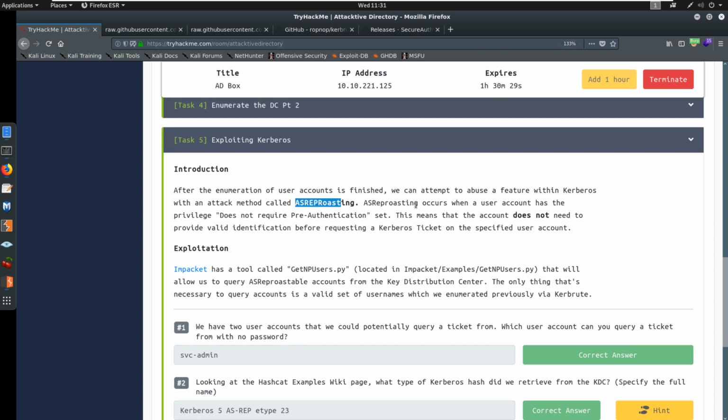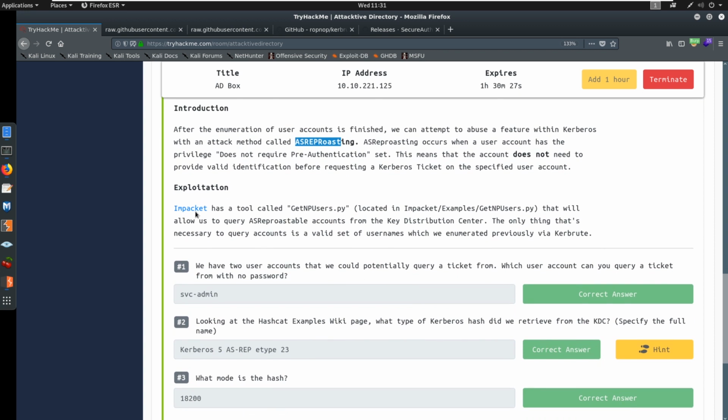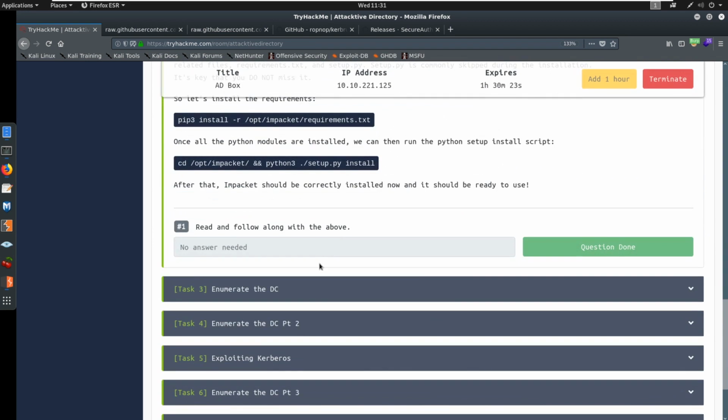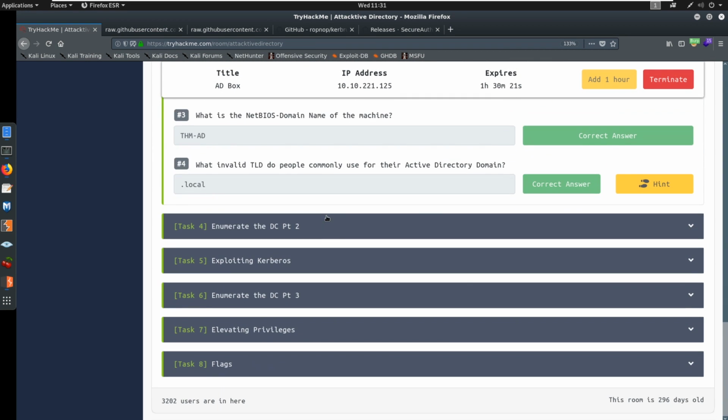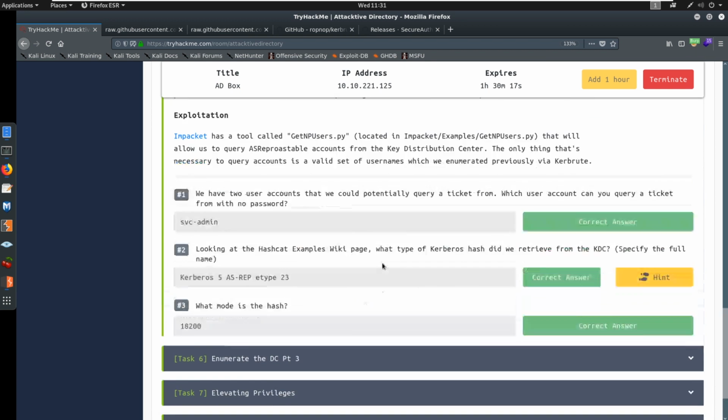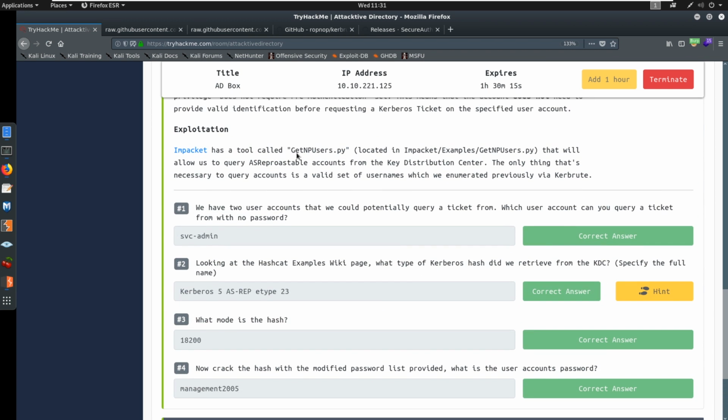hash. Okay, so we're going to utilize Impacket here. And have we utilized Impacket yet? I don't know if we have. Let's see. I don't think we have. Okay, so this is the first time we're utilizing Impacket. Good. Impacket is one of the best tools in